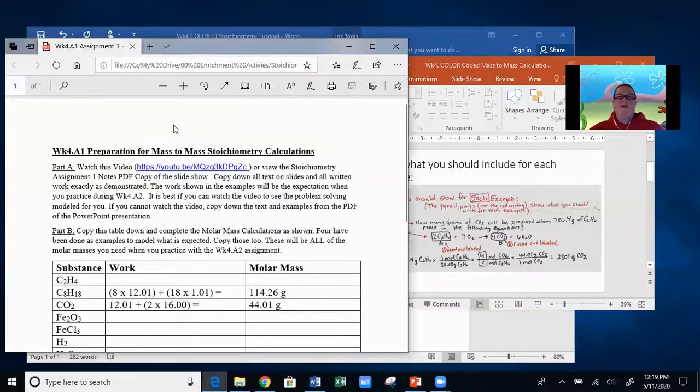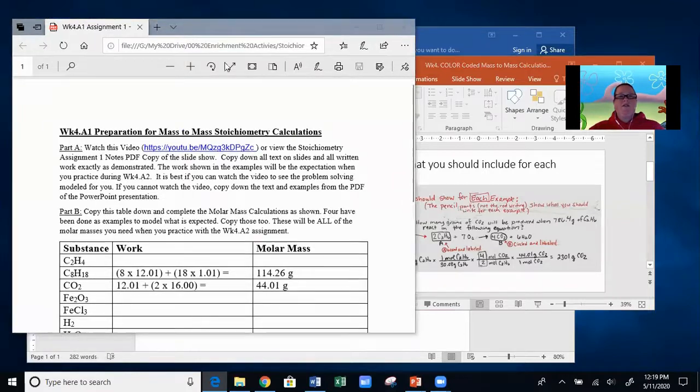Hi there. I'm getting ready to introduce the assignment that will allow us to make mass-to-mass calculations in stoichiometry. And the first assignment that we're going to do here is going to be you writing down examples. There will be 3 of them, of 3 mass-to-mass stoichiometric calculations, and doing that while watching a video that I'm